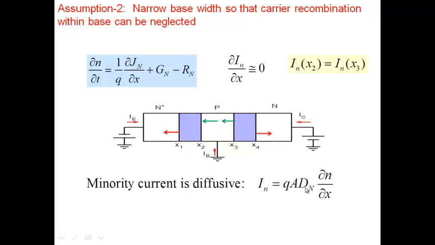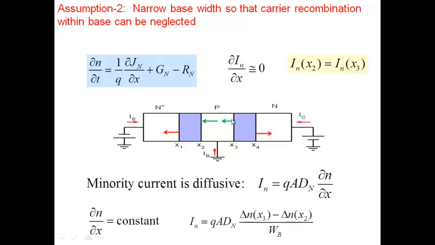Now can you see something else also? In is what? Throughout this region, In is what? Constant. If this is constant, Q A Dn of course is a constant. It implies del N by del x is? Del N by del x is constant. Which means what? How is the electron density changing in the base? Linearly. Electron density in the base is changing linearly. It has to change linearly, and therefore we can write the electron current in the base as Q A Dn del N by del x. Well,